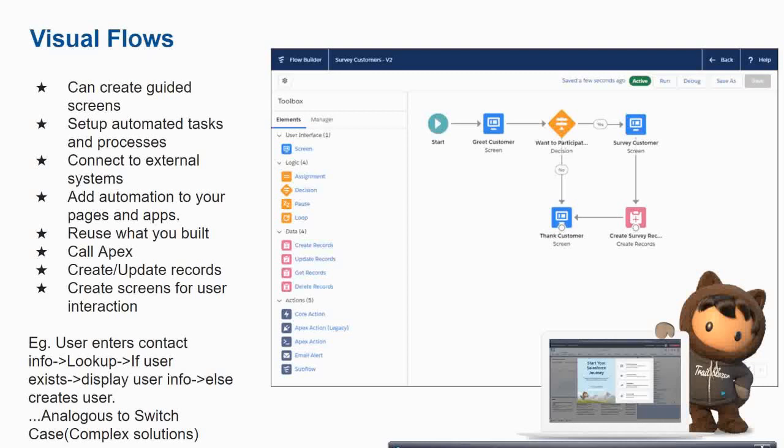Let's say the user enters their contact ID, and if the user doesn't exist in the Salesforce system, the screen should show the page where the user can create a new contact. If the user is an existing user, they will get another look and feel. For this there are guided screens which could be leveraged. So this is visual flow.